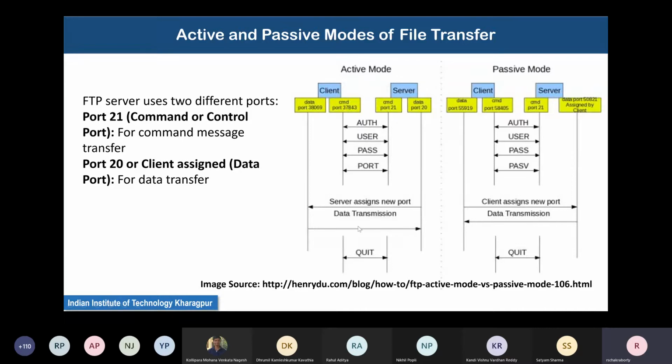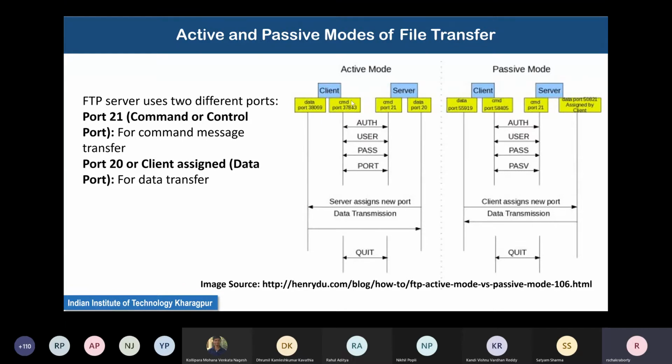And this is something peculiar with FTP. In other applications, usually the TCP connection initialization is done by the client because the client wants a service. He needs to get some work done by the server, so he proactively initiates the connection.